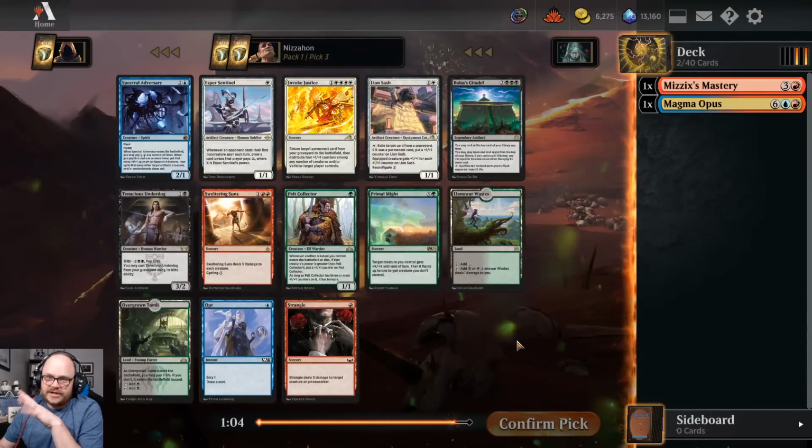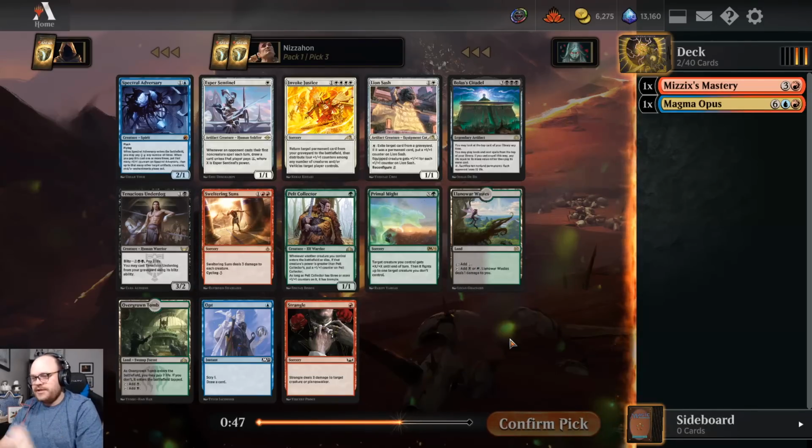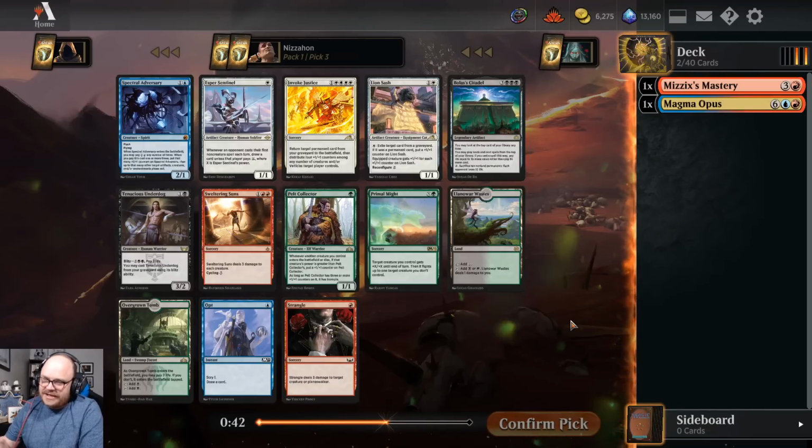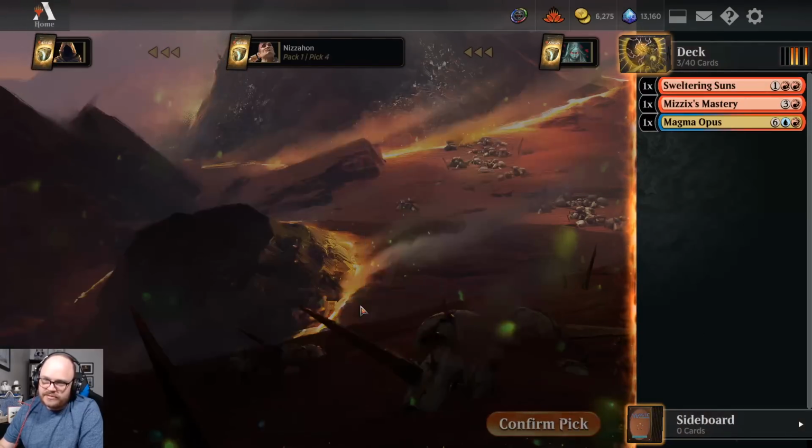Alright, so we definitely need cheap removal and stuff like that to get to the point in the game where we go wild. So Strangle and Sweltering Suns are both pretty appealing. Sweltering Suns is good, but if you stumble at all on your mana, the aggro decks can just destroy you. Whereas Strangle is something that lets you deal with these 1 and 2 drops, so it's kind of a hard pick. I guess I go Sweltering Suns in the end. It's a sweeper, so...